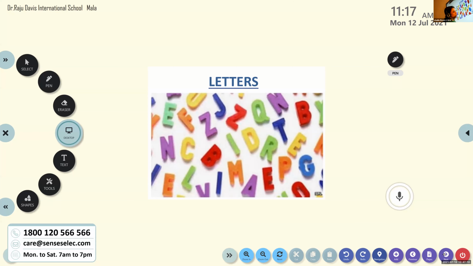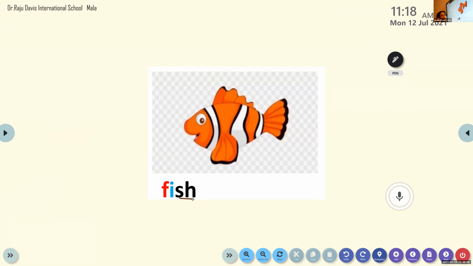Some letters have a combined sound. Similarly, this is dough, this is fish. SH also has a combined sound. So some letters do have a combined sound, and you have to pronounce the word accordingly. Each letter, as we have learned, has a sound. So if it is a one-syllable word, see that you sound it out through its individual sounds. Fish is a one-syllable word, so you have to sound it out through its individual sounds. Okay, children? I hope it's clear to all of you.